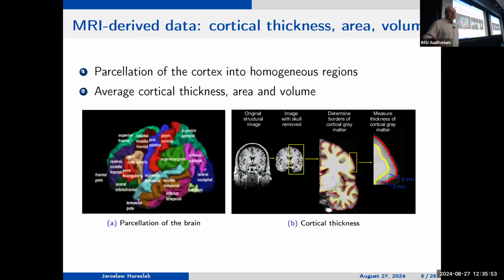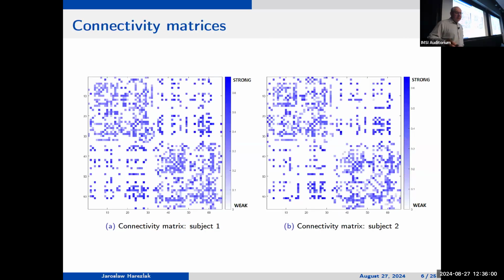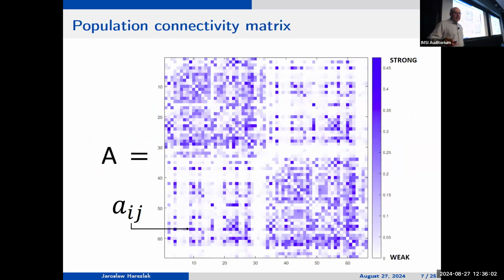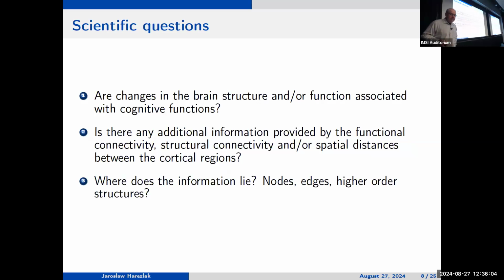But now, what do we do with such data? It's all extraction of information and so on. We talked already a lot about that. We extract connectivity, but what are the questions we're actually trying to answer? Going with the theme of the session, can we gain some information from the brain that will help us associate it with cognitive outcomes, or maybe predict future outcomes?